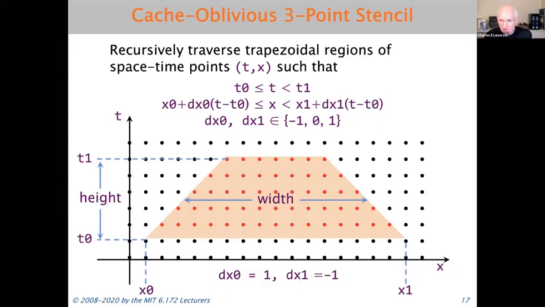Now, we're going to make recursive calls on subtrapezoids whose slopes on the left and right may be 1 and -1. But the initial trapezoid, the left and right sides have slope 0. And the key property of this trapezoid, if you look at it, is that given the points on the base at T0, we can compute all the other points. If I've got the base points here, all the other points can be computed without ever referring to the points